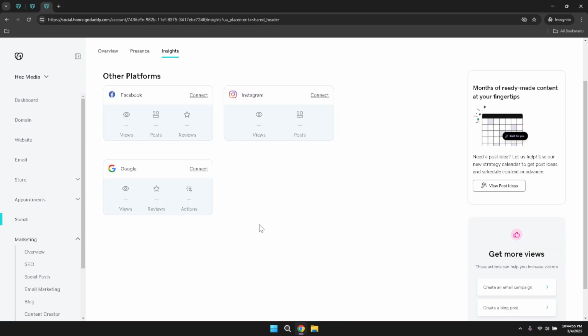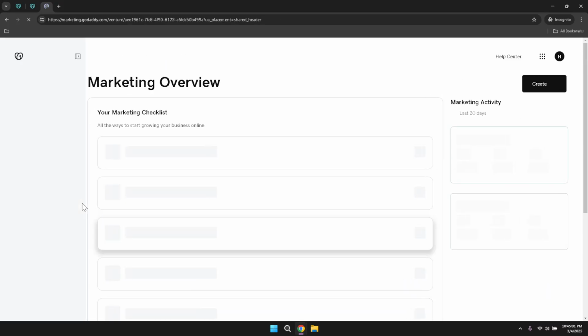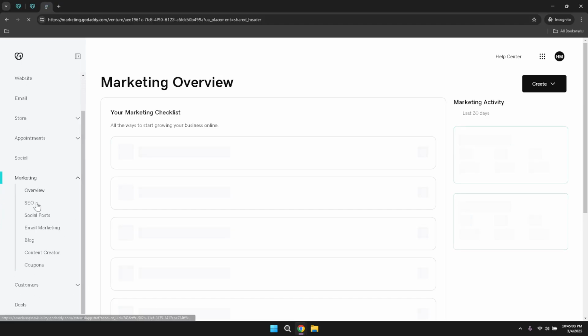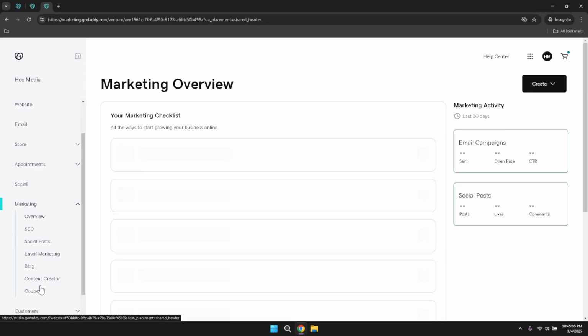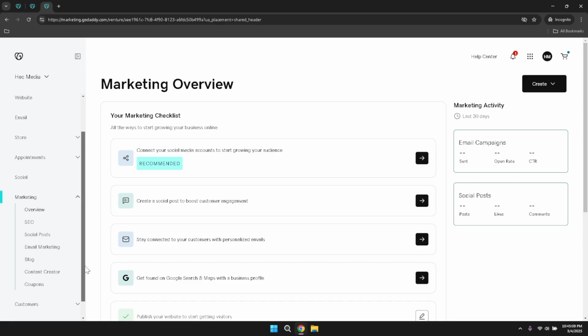Finally, in the marketing section, you gain access to a comprehensive suite of tools designed to manage and optimize your marketing campaigns. This includes an overview tab that provides a snapshot of your marketing activities, as well as specialized tools for SEO optimization, social media posting, email marketing, blogging, content creation, and managing coupons. Each of these tools offers unique features to help you reach your target audience, increase your online presence, and drive sales. By leveraging these marketing tools, you can create effective campaigns that attract customers, retain existing ones, and ultimately grow